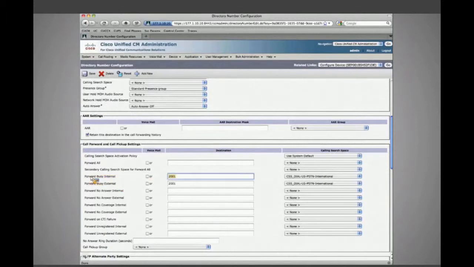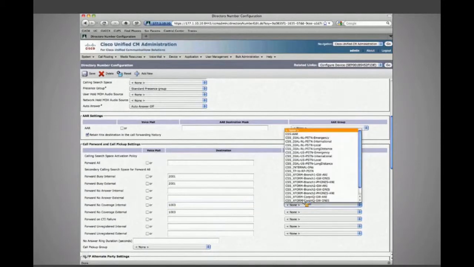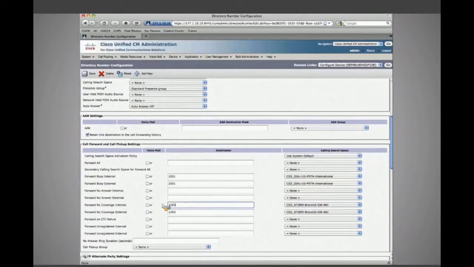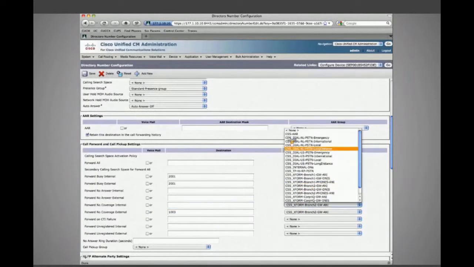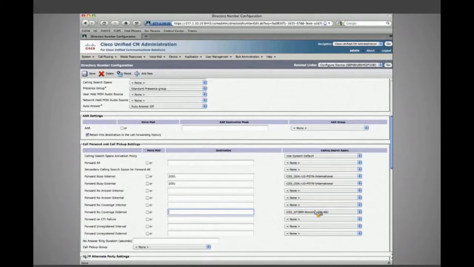Now the difference between internal or external, by default, anytime I populate a call forward busy, and we'll talk more about call forward in just a moment, but anytime I populate a call forward anything, busy, no answer, no coverage, anytime I populate the internal field, it automatically populates the external field of the same type. Okay, so if I did no coverage here, 1003, it populates it with the same information, both with CSS and with DN. I don't want either of those,